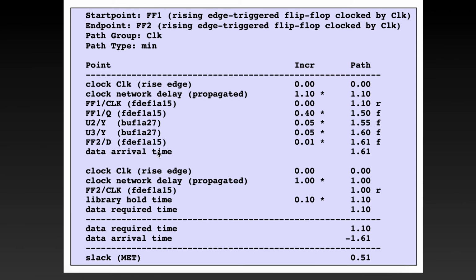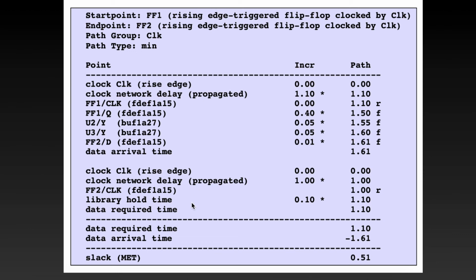This is basically the summation of your launch clock latency, the clock to Q delay of the launch flop, and the combinational logic delay. And the required time is basically the capture clock latency added to the hold time of your capture flop.